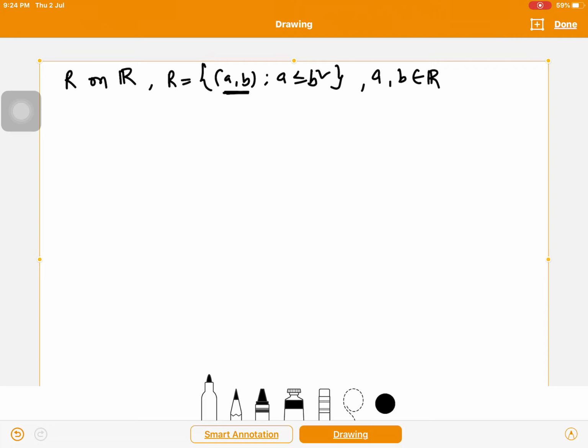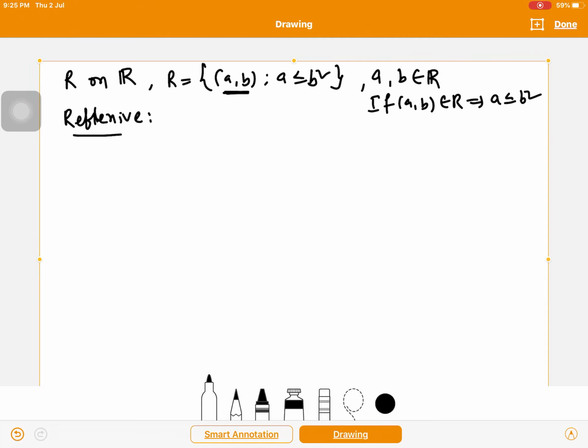Don't confuse here. Okay, see, reflexive. Here I'm not using the 11th class method, that means finding the elements. It is not possible because the given set is real numbers. There are so many elements, and we are unable to find the combinations. That's why I'm using the general method, that means the definitions. Before that, put your consideration: if (a, b) is a combination in R, definitely it should satisfy a less than or equal to b square. If a is less than or equal to b square, then also (a, b) belongs to R. Both cases are possible.